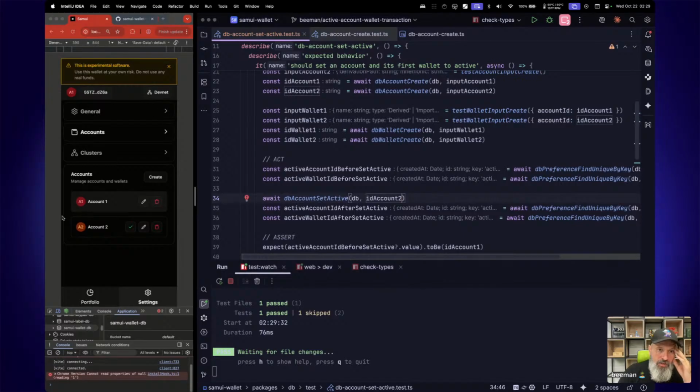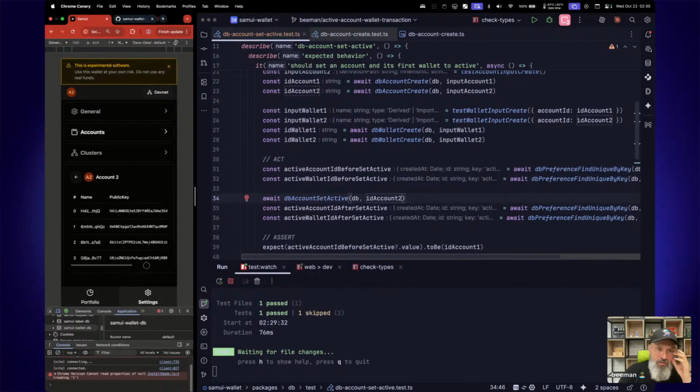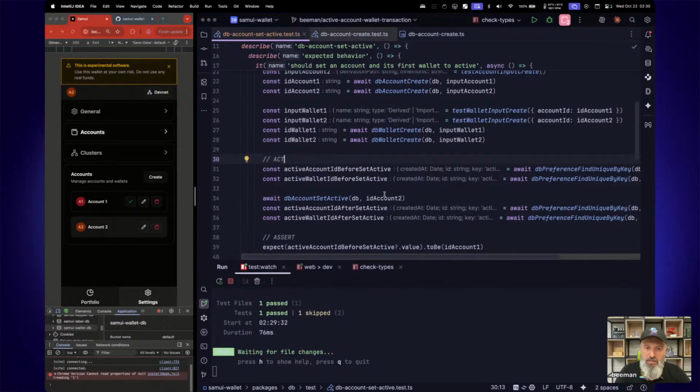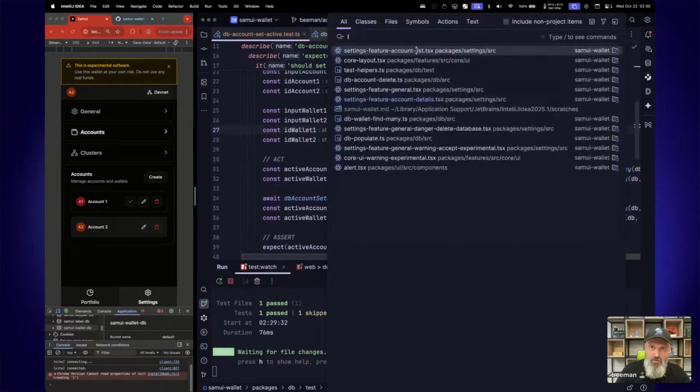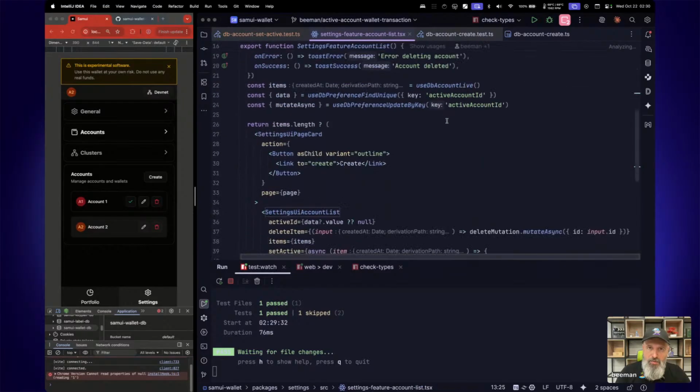So let me check again. So account 1 is active. Account 2 is now set as active. It's not there. If I refresh, it's also not there. If I go in here, it's also not there. So one could wonder if we're actually running that code. So let's see list TSX, feature account list,